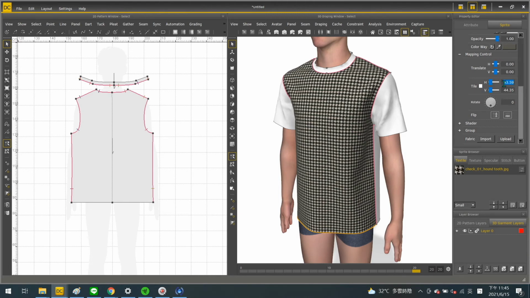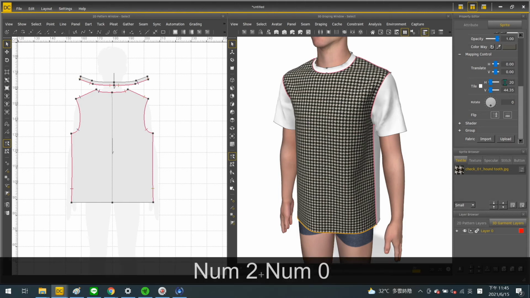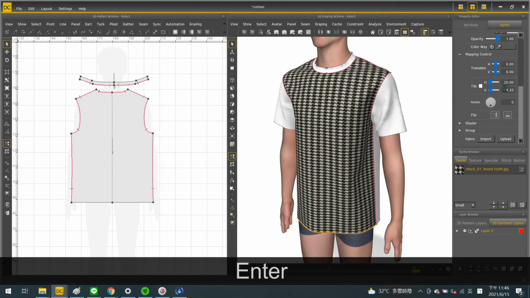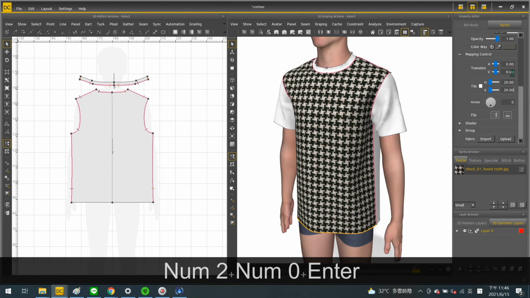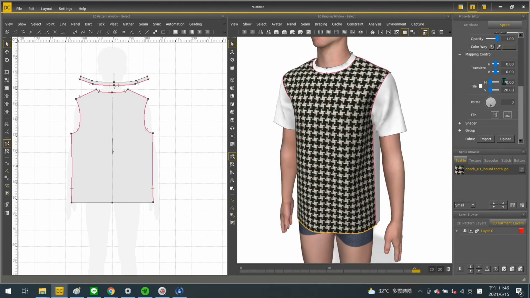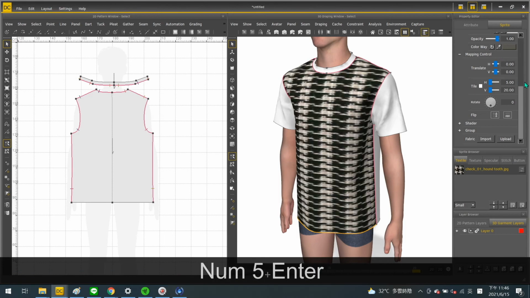If this unit of fabric in actual size should be 5 by 5 centimeters, then tiling here should be set as 20 and 20, because 5 will repeat 20 times in 100 centimeters. And if the size of this unit should be 20 by 20 centimeters, then tiling here should be set as 5 by 5.